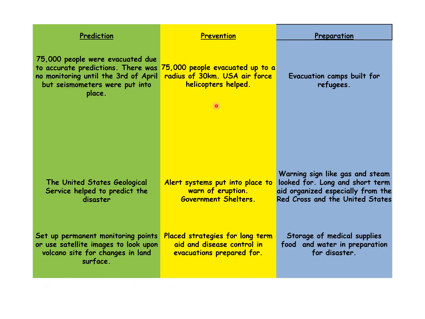On this slide, you can see some of the prediction element. There's the geological service, but I also think the military, the Air Force, were involved. Look at that. Get people out there. Remember, a lot of volcanoes are in quite remote areas. You might think, well, there are millions of people living in the cities that aren't stupidly far away. But actually, that's probably quite a lot of people, bearing in mind it's mostly a rural area. Alerts are put up, and equipment and resources are put into position, so they can set up camps, food, water, all those sorts of things.